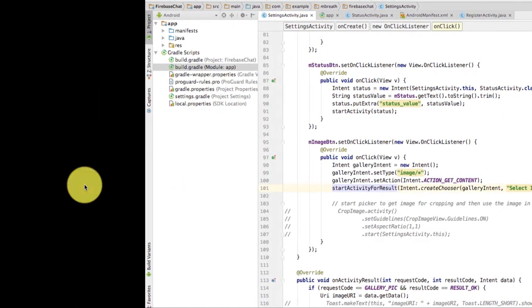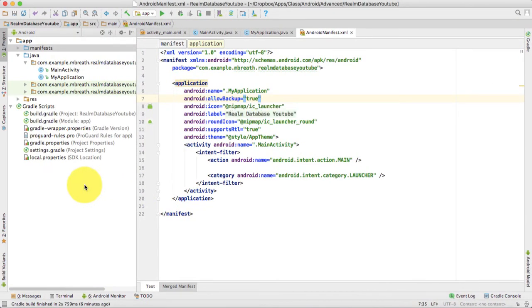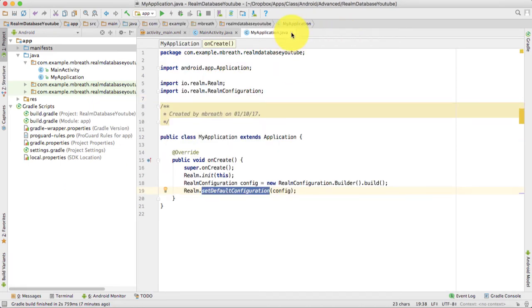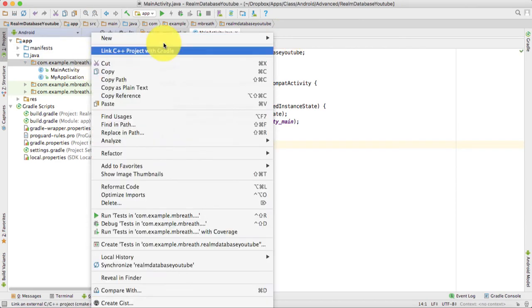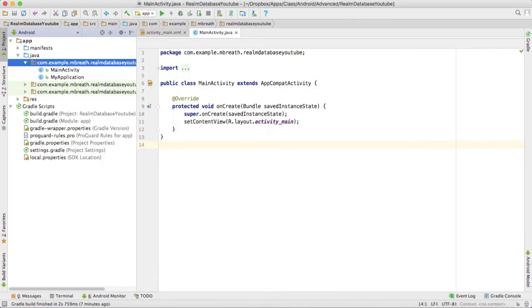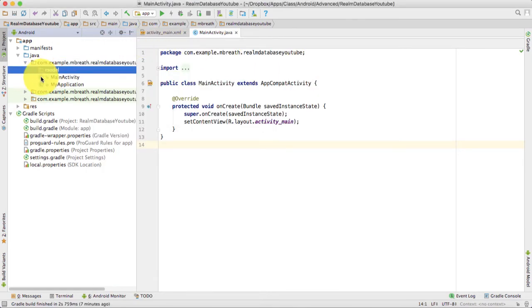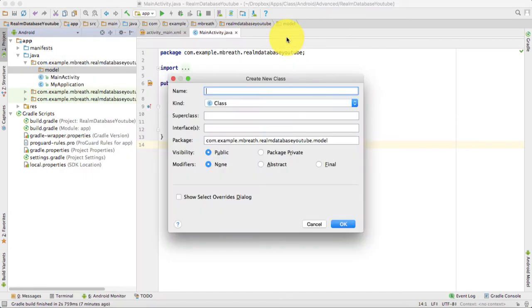Okay, great. So let's come to our application. Now we are done with the Android manifest file, we are done with my application. Now we need to create a model. So let's create a first package here and name it model, right? So inside the model I would like to create a class named student,